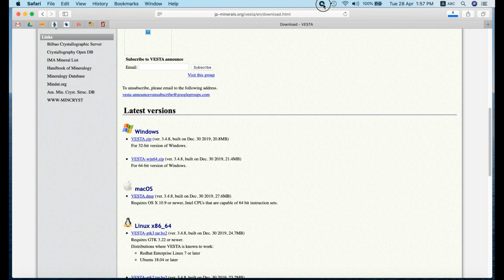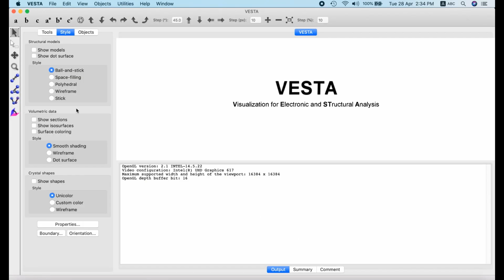Here installation is not a big process. After the download, just unzip the vesta.zip file into the C: folder. If you go and see, there will be a C:\VESTA folder. Inside that, vesta.exe will be there. So there is no need to install. We just have to unzip the folder and use the program directly. Once you open the VESTA application, you will get a window like this.